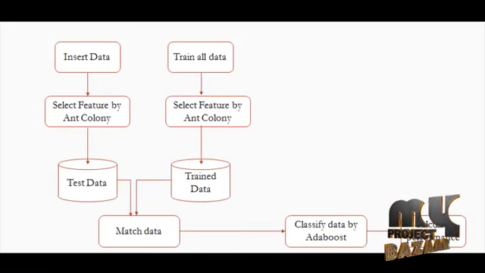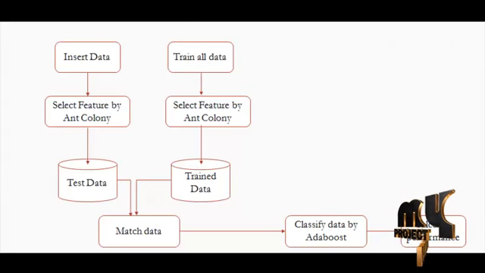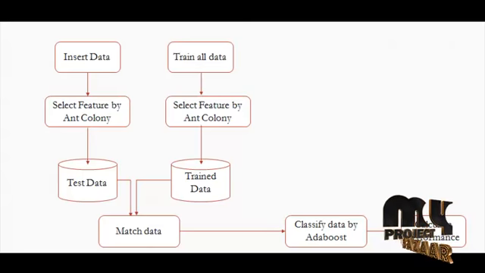Let me discuss the flow of the project Two Cooperative Ant Colonies for Feature Selection using Fuzzy Models. In this project, we perform two processes separately, one for the database process and one for the query process. Initially, we train all the data. In the train-all-data step, we use the diabetic persons data set, which consists of diabetic patients' data. We perform the ant colony feature selection process to select the best features. After the feature selection, we store the feature values, which is called the trained data.